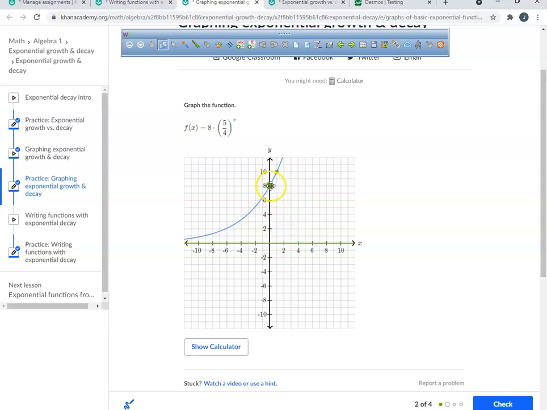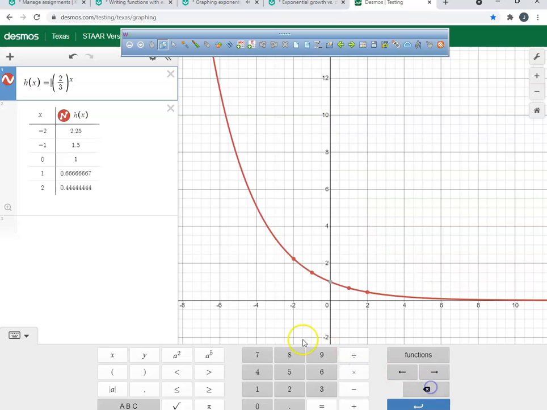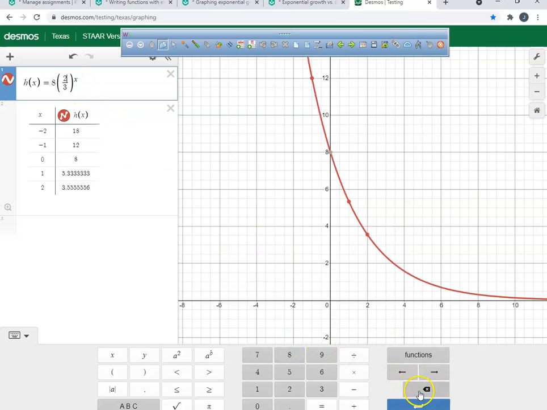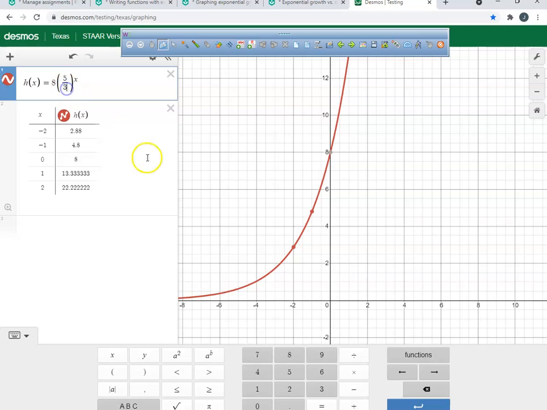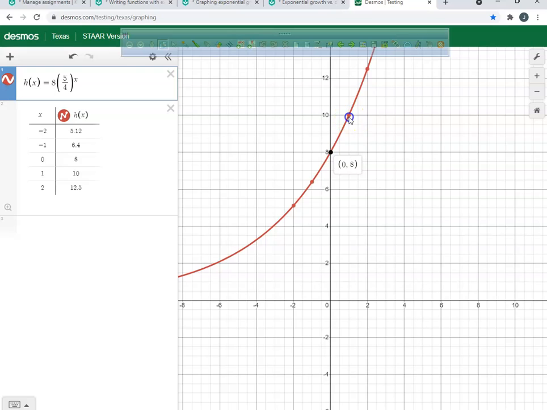All right, now, for those of you who don't like this method of that's your y-intercept and just take that number and simply multiply it by your fraction to get your next value, then you go to Desmos and you go over here, you put an 8, and then you put a 5 and a 4, because people just don't like doing math in their heads anymore. And you got 0 and an 8 and a 1 and a 10. So you can plot your, well, there it is, 1, 10. All right, let's go back to